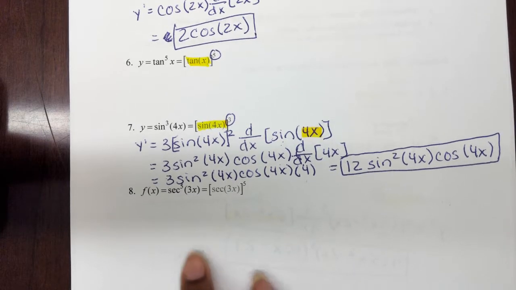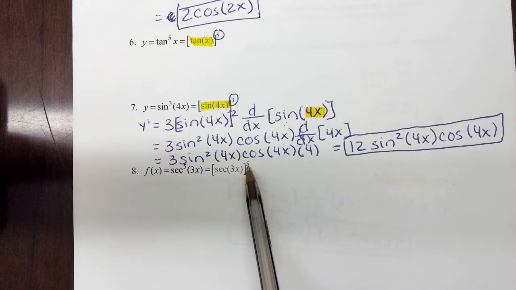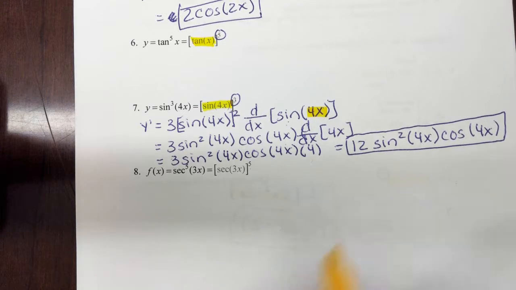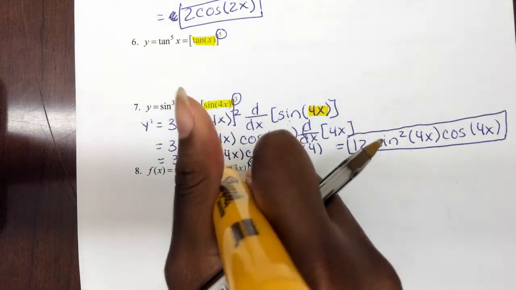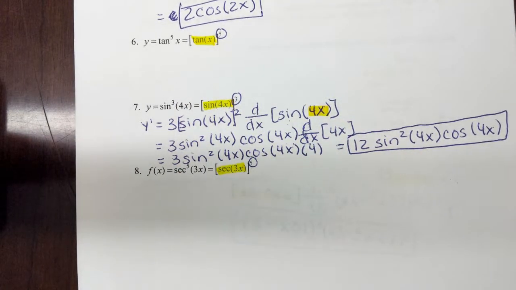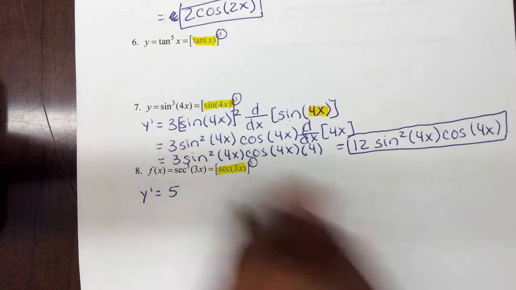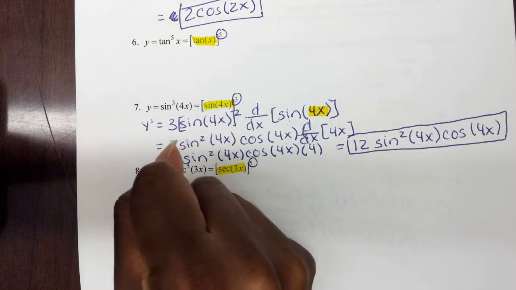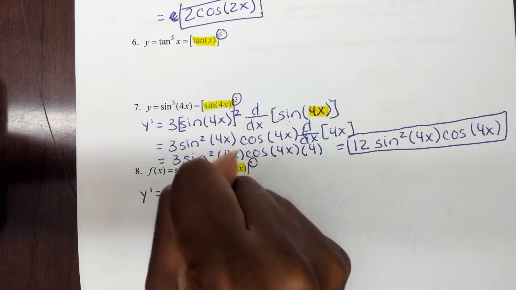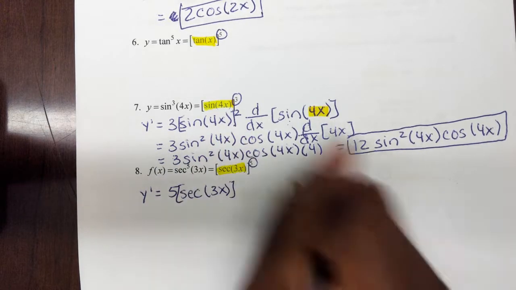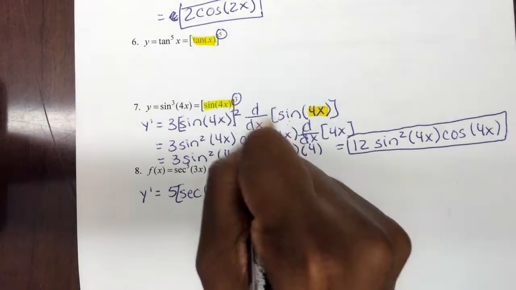And similarly, for number 8, we have a baby within a baby. Right? So we have the 5 is my mama, the secant 3x is my baby. So y prime would be 5 secant to the 4th, and then the derivative of secant 3x